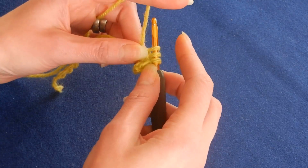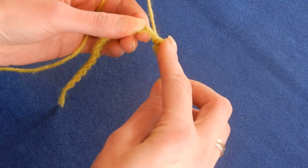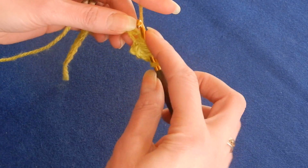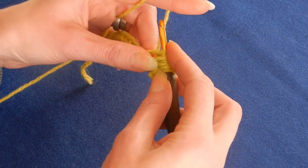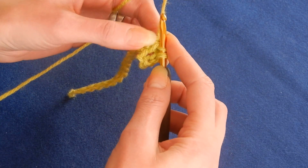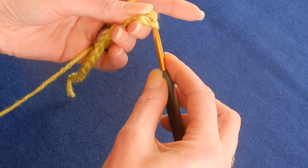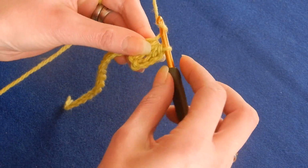We're gonna do the puff. Pull up a loop, yarn over the hook, go back again into the same chain, pull up a loop. You should have 7 loops. So yarn over the hook, and go back again into the same chain and pull up a loop. Make sure that the loops are tall enough that we can go through them, and then pull the yarn through all those loops, then chain 2,